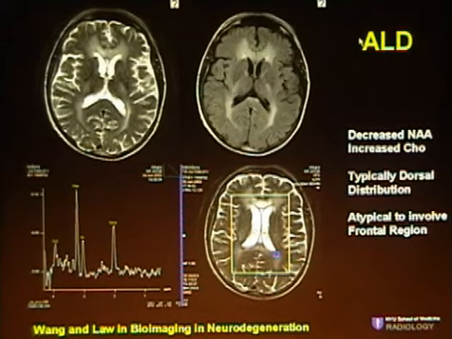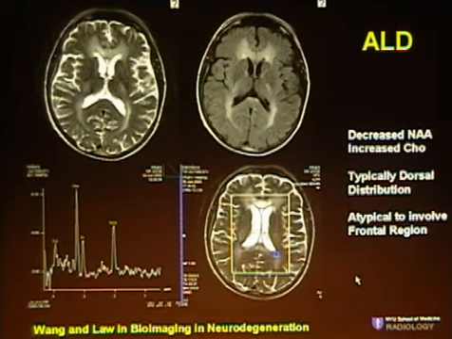Typically with adrenal leukodystrophy, it involves the posterior white matter. I normally compare that with Alexander's disease, which has a frontal predisposition. In this patient, he has an atypical ALD where there's some frontal involvement as well. We did MRS on it, and we found that the choline was elevated from the demyelination, and there's some decrease in NAA, probably from the neuronal loss